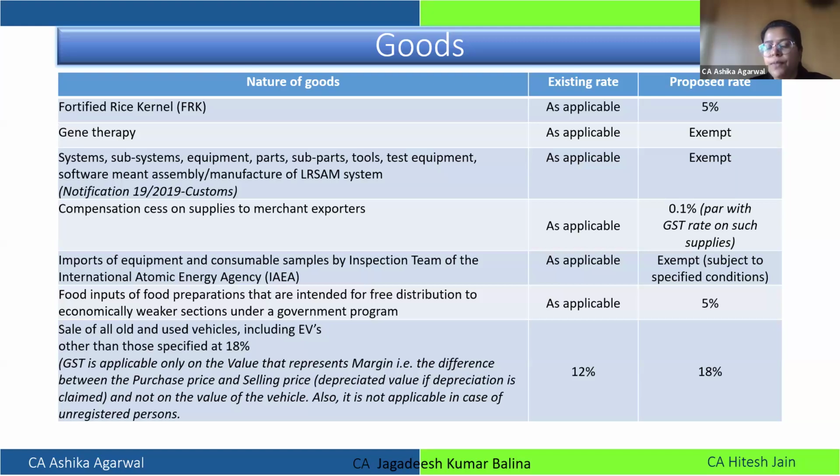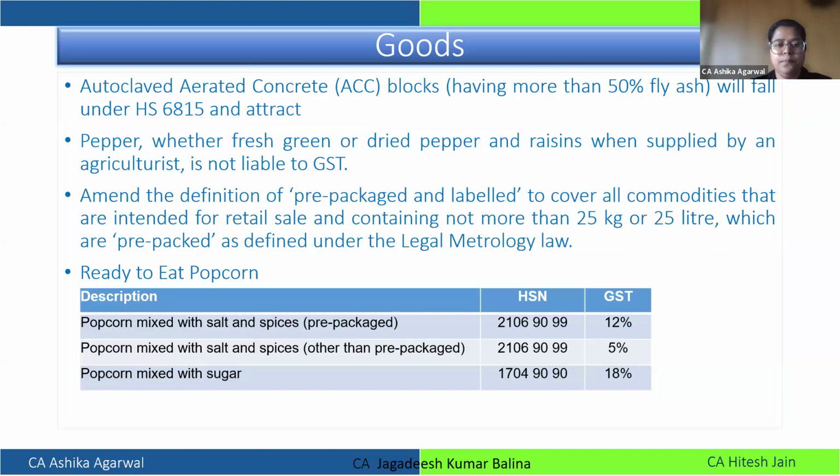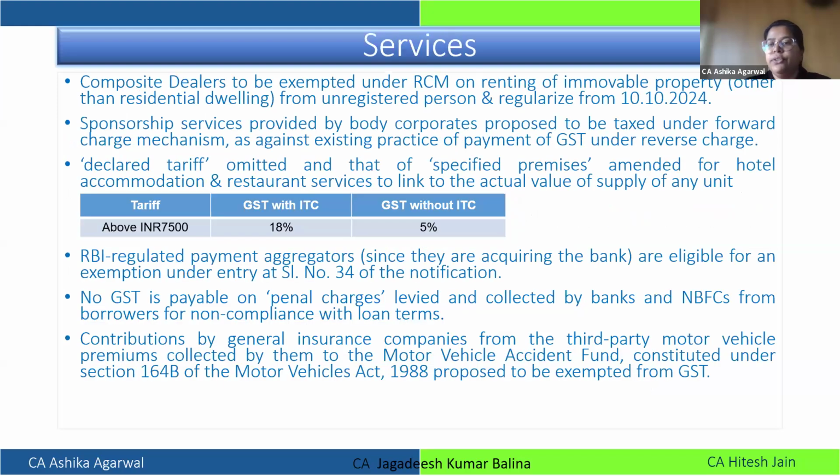Plus merchant exporter. Now as we know, they have given a benefit to the person for merchant export, 0.1% of tax. Now for compensation cess, a similar notification was not specified. Now they are saying, in line with the GST, they are going to change the compensation cess also to 0.1%. So therefore now if anybody is dealing in goods where merchant exporters are involved, cess also will be applicable at par with the GST rate, that is 0.1%. These are other goods related changes. Now coming to the part of service.